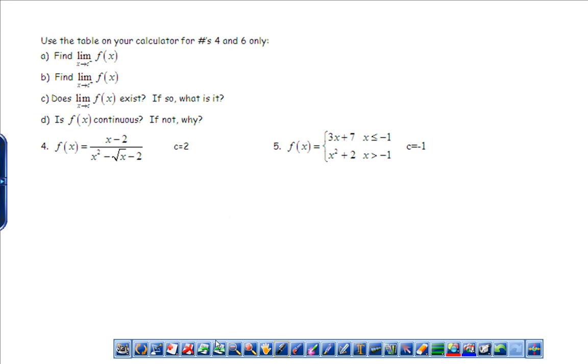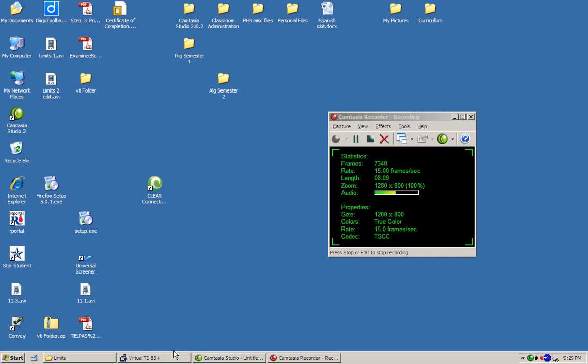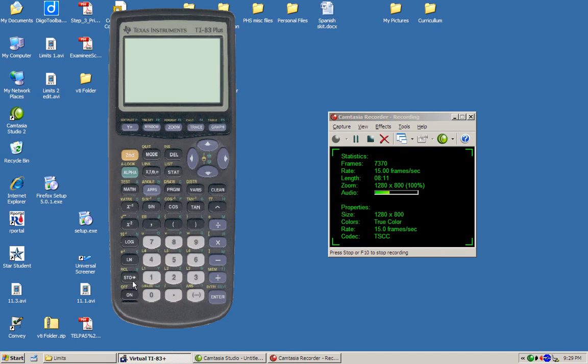All right, so this is using the table on your calculator for numbers 4 and 6 only. The rest meaning use common sense, use algebra. We're going to find these limits again, the left-sided limit and the right-sided limit, talk about the limit existing and whether it's continuous. All right, so it says we need to use the calculator on number 4. So let's pull up the calculator. Let's type in